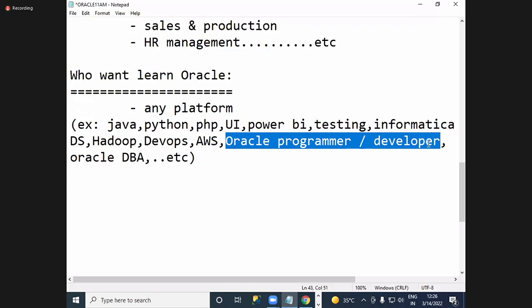So don't do that, guys, because nowadays opportunities are very precious, and you have a big advantage after the pandemic. So many companies are hiring thousands, lakhs of people. TCS is hiring almost 50,000 freshers.